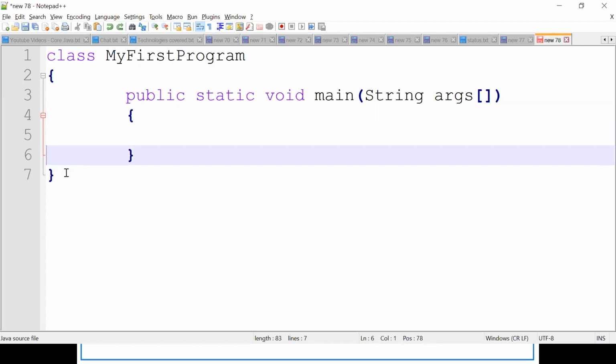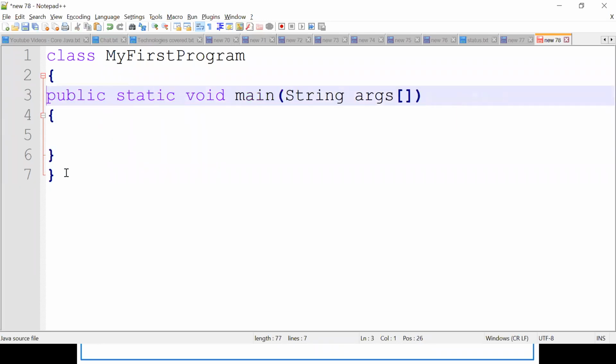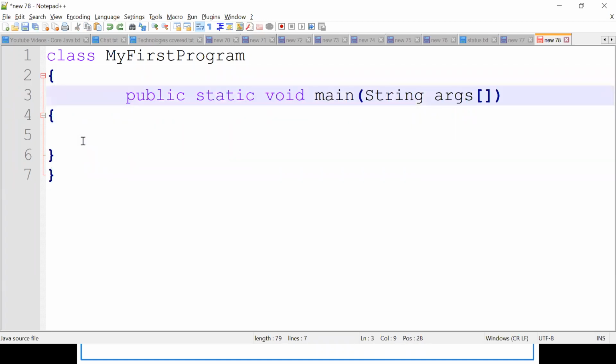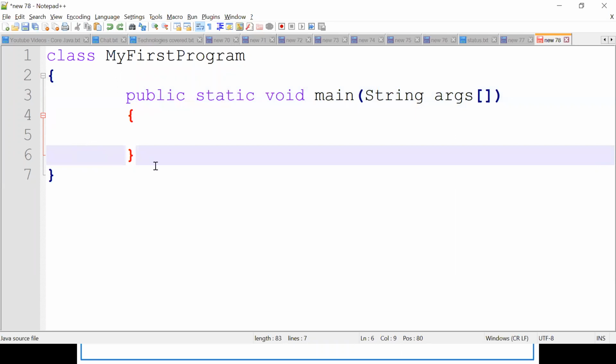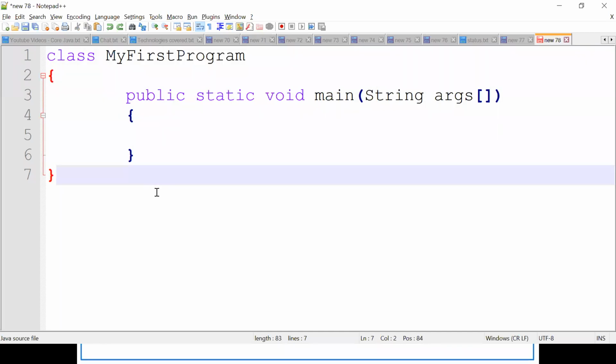In case you are not giving the tab, what is wrong? It's simple. You don't know how many open braces and how many closing braces there are. Here we are having only two, so it's easy. Suppose you are having many methods, right? You don't know how many are opened or how many are closed. But if you give the indent, that is easy to understand, and the readability also will be there, right?